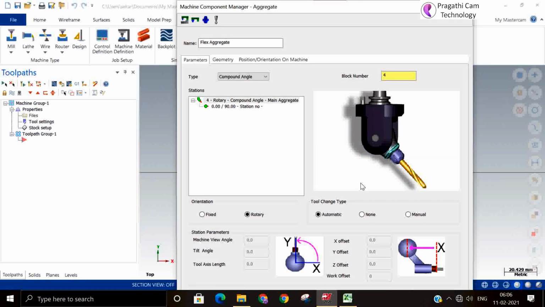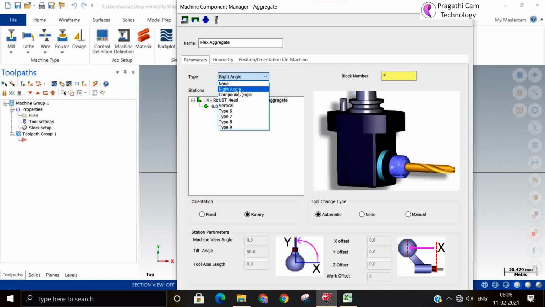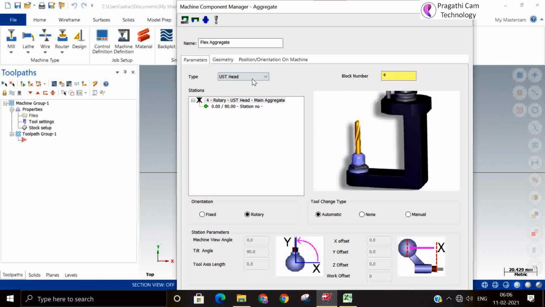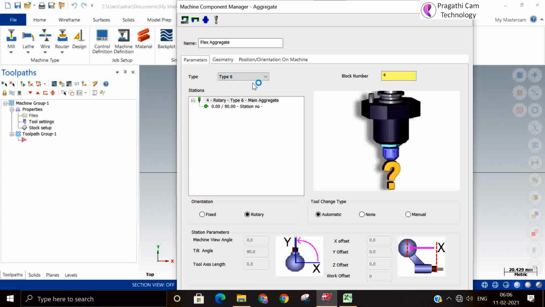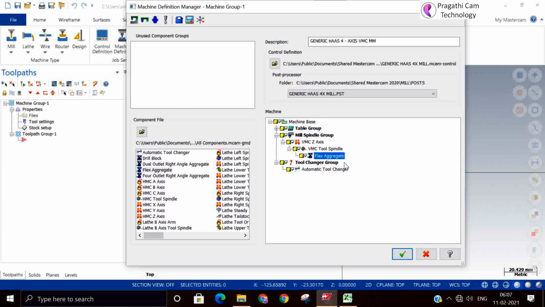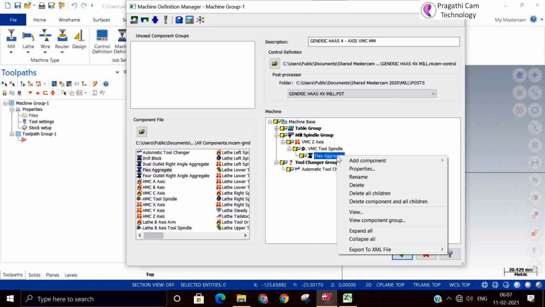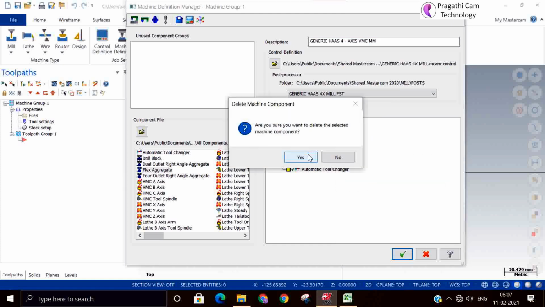So the new tool I added, there is a compound and right-handed, and UAD also there. So like this, if you want some other new things also, you can add it here. So like this, you can build your own machine with your own configuration. If you don't want, just delete it. Right click and delete.